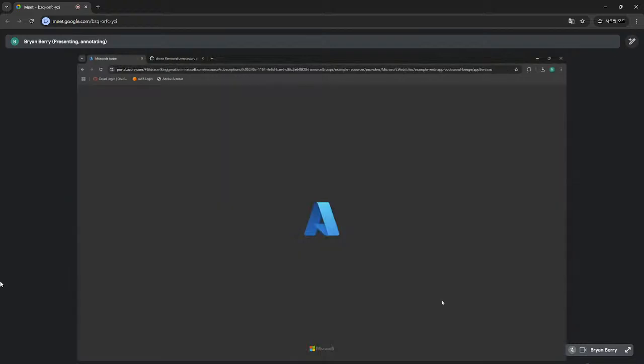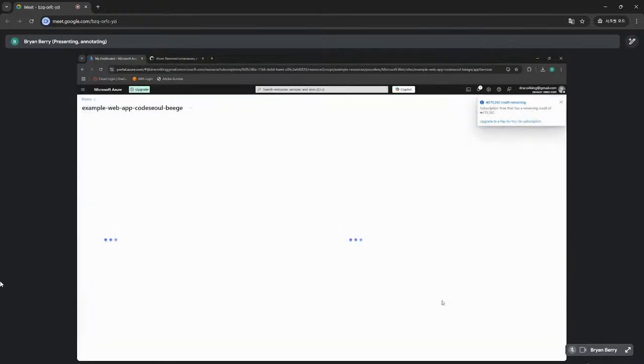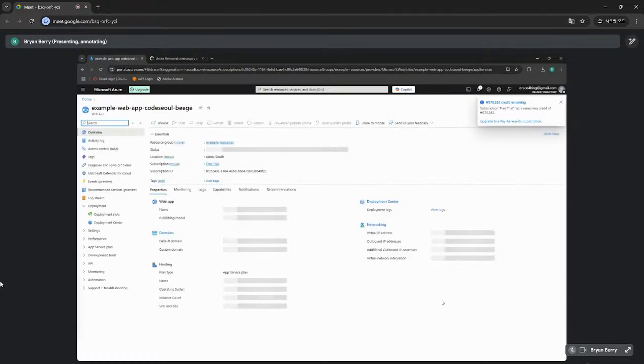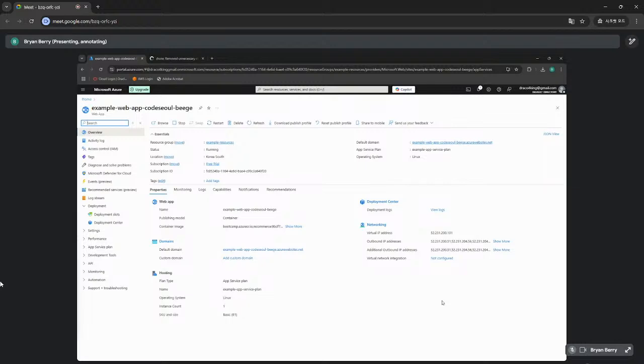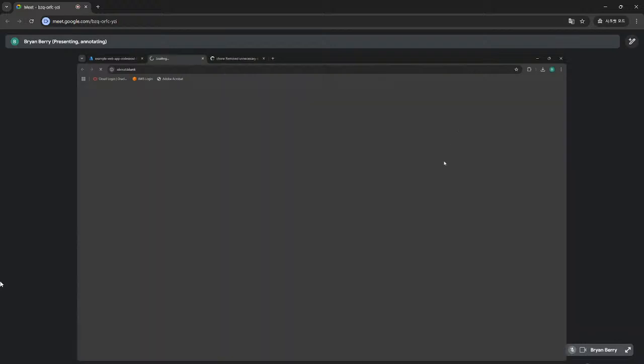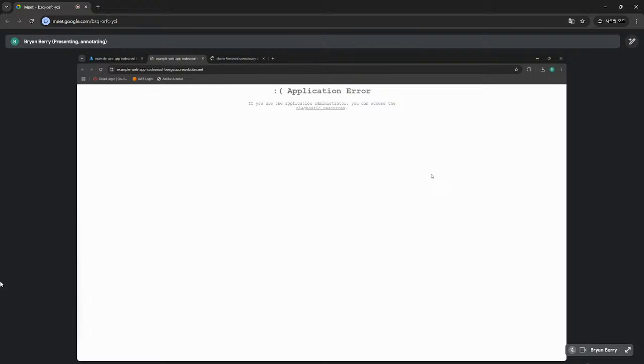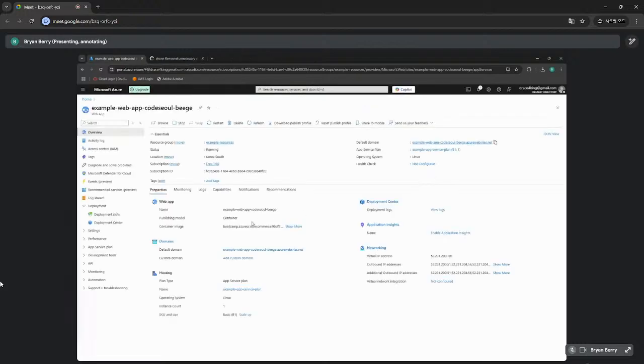But basically, oh, hey, it worked. So now, it's actually going to take a long time because what happens is Azure must go and pull the image and then has to deploy it. So this is actually going to take a few minutes. Yeah, it's going to hit an application error. But if you go to the deployment center,